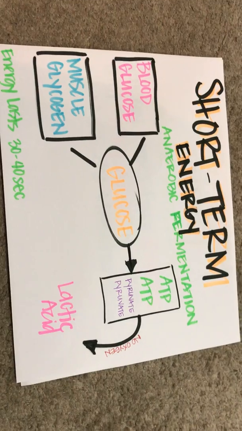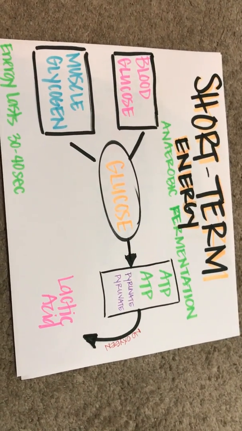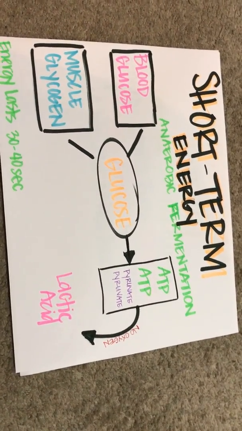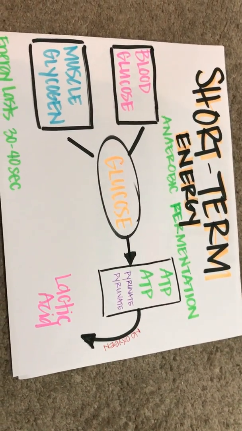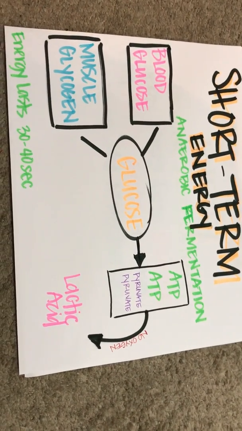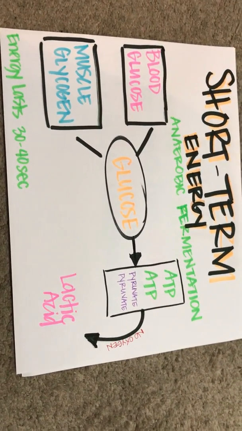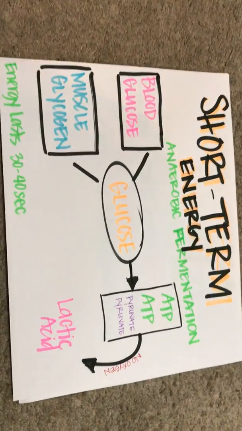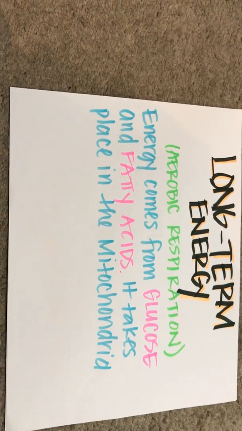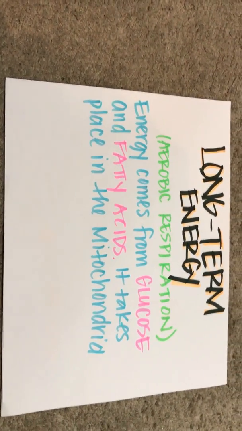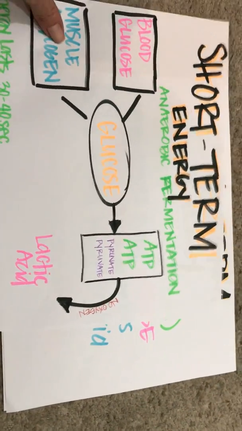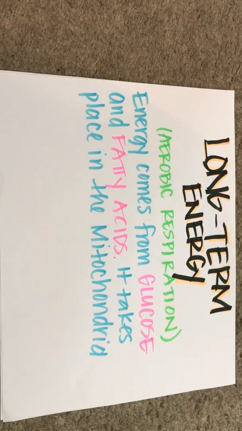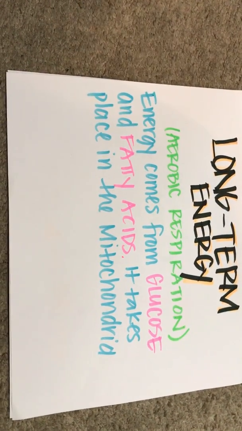Then it produces 2 ATPs and 2 pyruvates. If there is no oxygen, then the pyruvates turn into lactic acid that goes back into the blood. This energy usually lasts about 30 to 40 seconds. The next energy level is long-term energy. So if there is oxygen, then it'll go up to aerobic respiration, which comes from glucose and fatty acids,